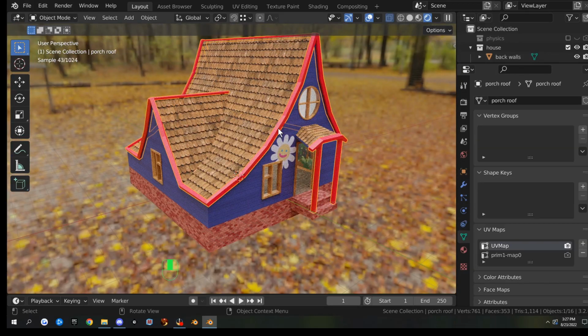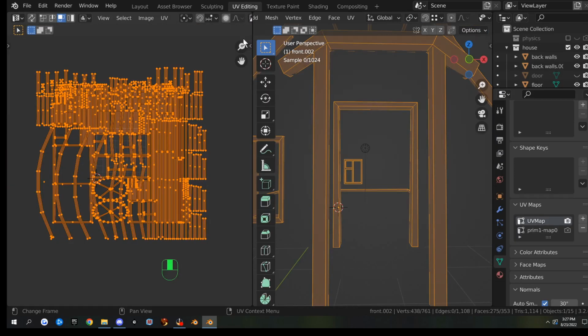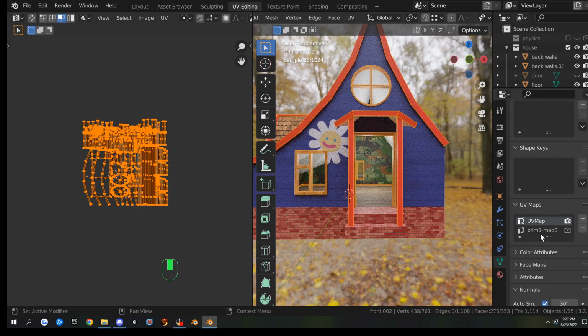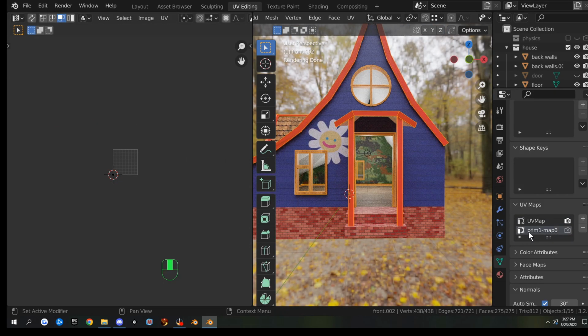So I want this part and the windows to be in one piece. So I'm going to select both of those and hit Control J to make them one UV, or one texture on the UV map. Now we can go into UV editing, and that's our crazy mess. I'm going to delete this extra UV map